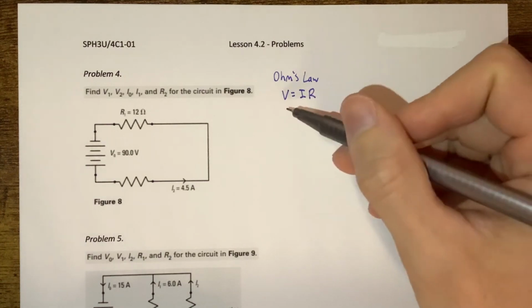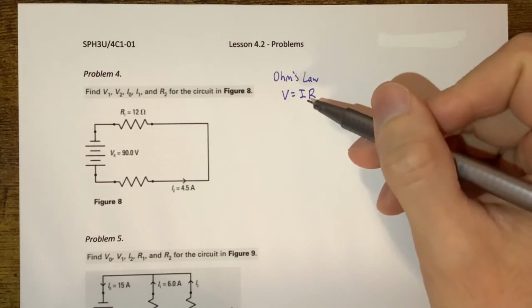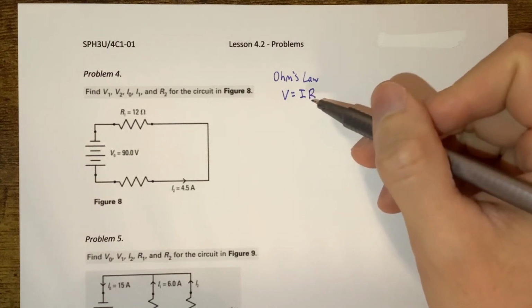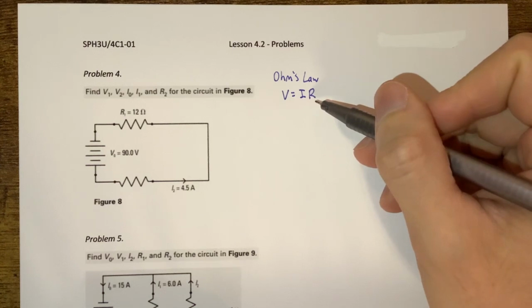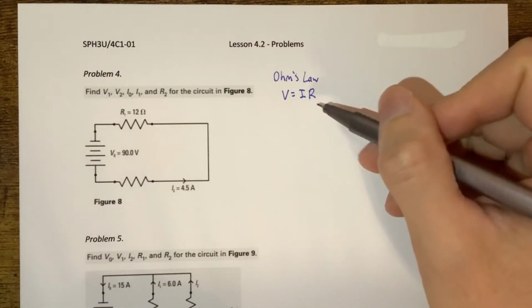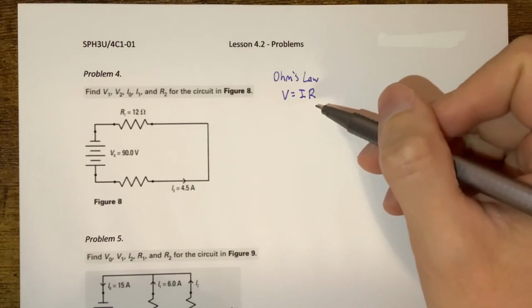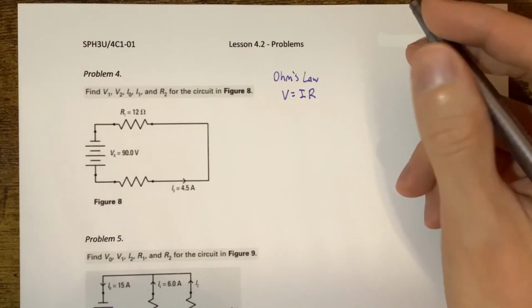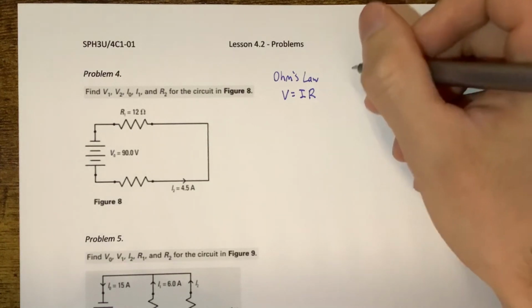So if you have the volts, if you have the current, say I, you can rearrange this for finding the resistance. So any sort of variable you want to find here, as long as you have two, you can find the remaining one with some basic algebra. The next thing you want to keep in mind is